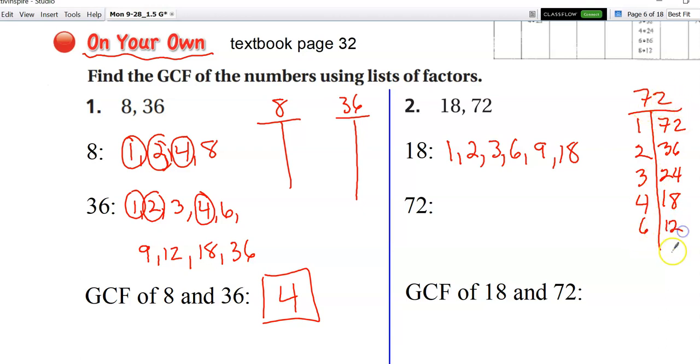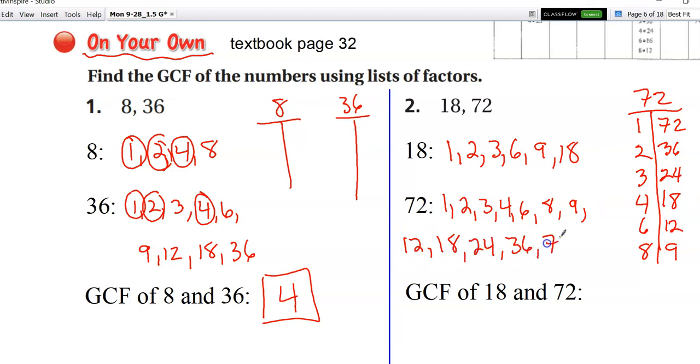6 times 12, and then not 7, it would be 8 times 9. And then I can go through and make my list in order from biggest to smallest. You can see that making a list of factors with a number like 72, there's a lot of factors, and this gets a little tiring, so I'm going to